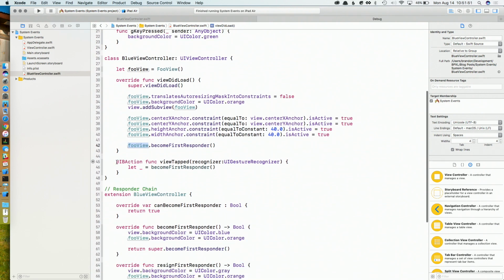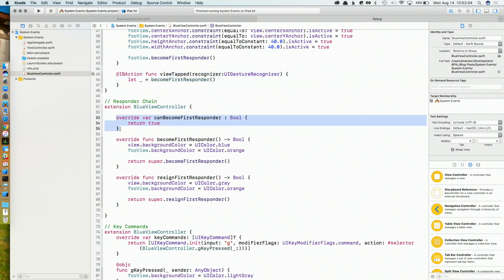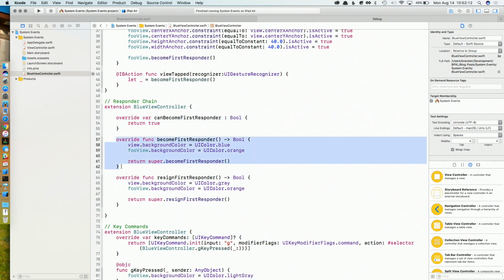And then we have a gesture recognizer on the view controller's view. When it's tapped, it becomes the first responder. So now we have an extension where we say we can become first responder, because we have to tell the system, yes, we can participate in the responder chain. And then in becomeFirstResponder,